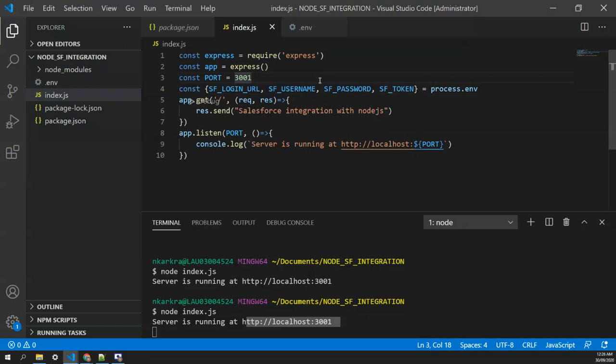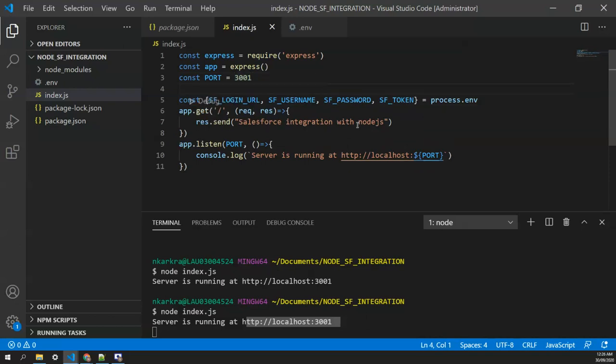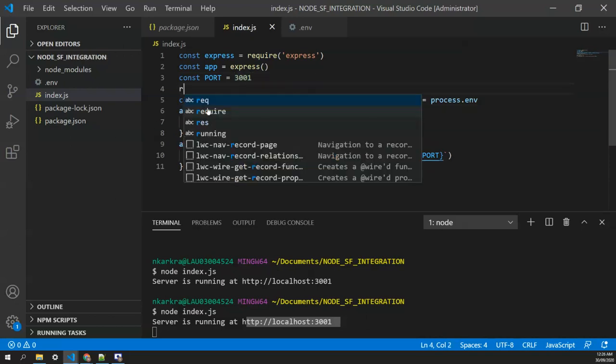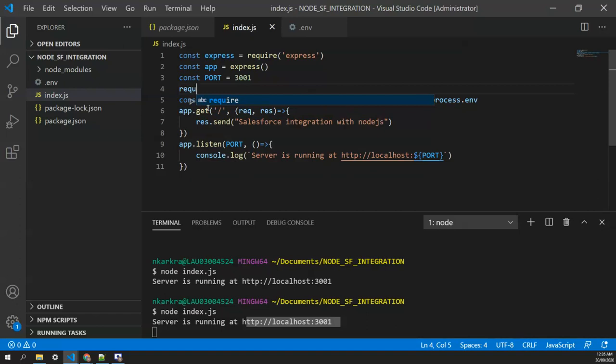To use process.env, you need to first import the dotenv module that we have installed, and you need to call the config function. So we are saying require dotenv and call the config function.